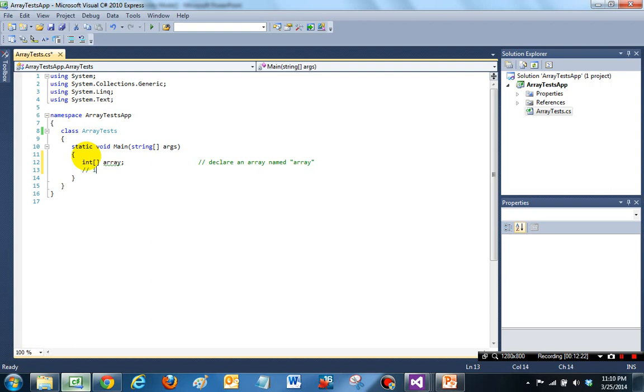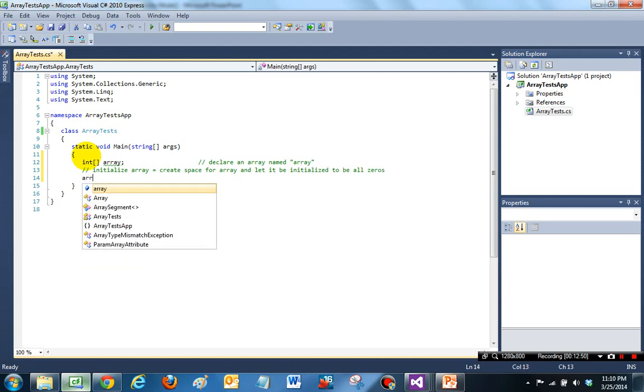So this will be initialize array, which means create space for array and let it be initialized to be all zeros. So our variable name is array,